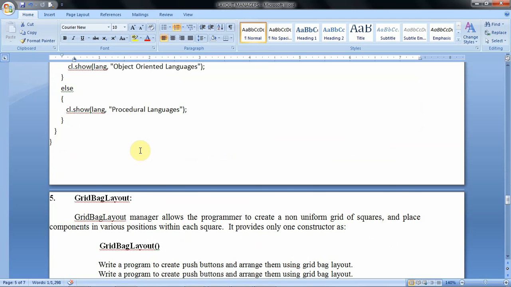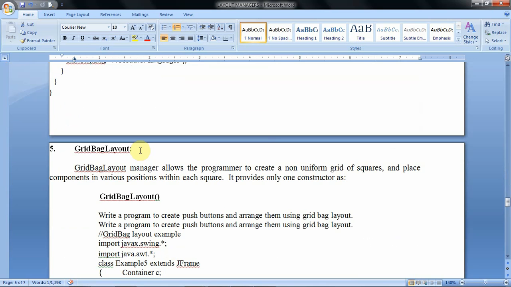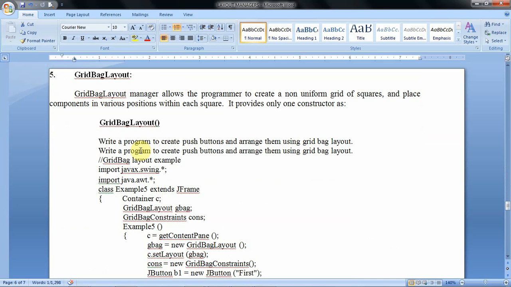So then next layout manager is grid bag layout manager. So grid bag layout manager is the extension of grid layout manager. So grid layout manager arranges the components by dividing the window into equal size grids, whereas grid bag layout manager allows the user to divide the window into unequal size grids. That means one grid is big size and one grid is small size.